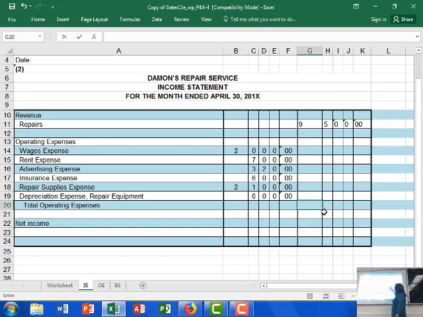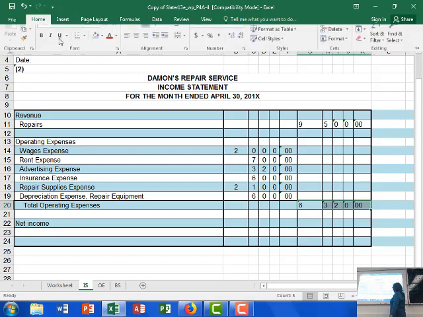So we're going to add these up, and we should come up with the same amount that we did in the worksheet, which was how much? 63,600, $320. So then when we subtract this,